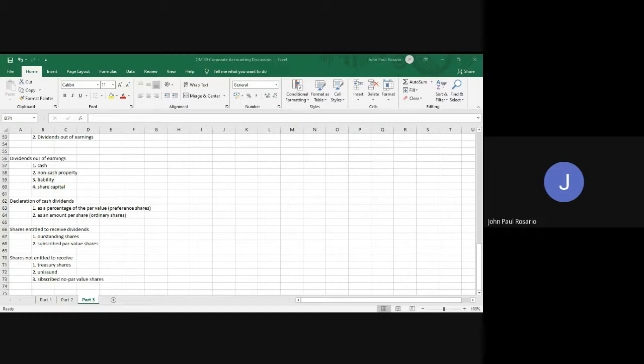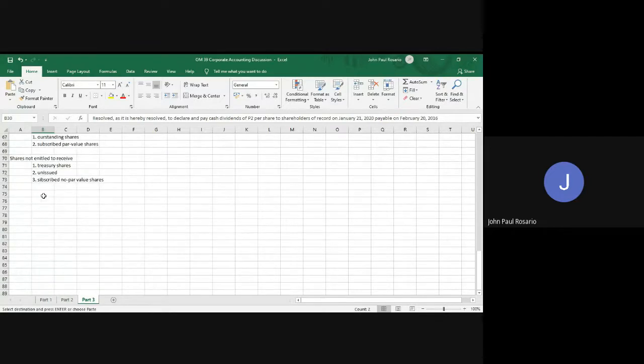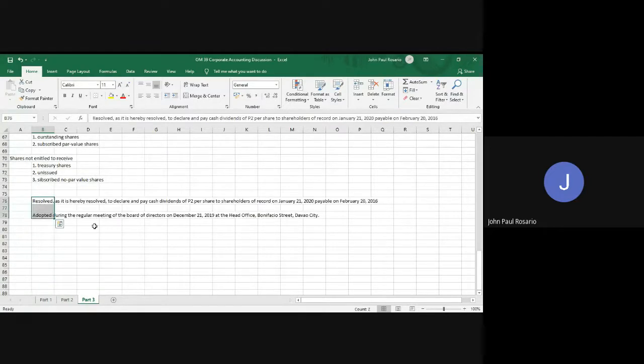Okay, let's go with this. So, assuming, for example, this one. Let's modify this a bit. Okay? The board resolved to declare and pay cash dividends of 2 pesos per share to